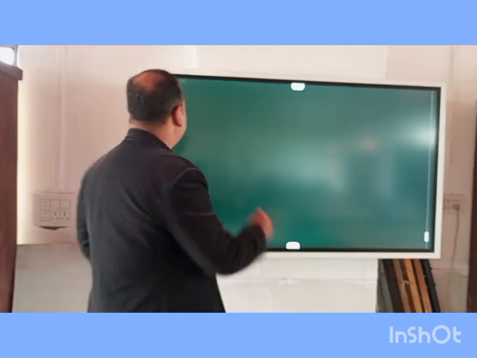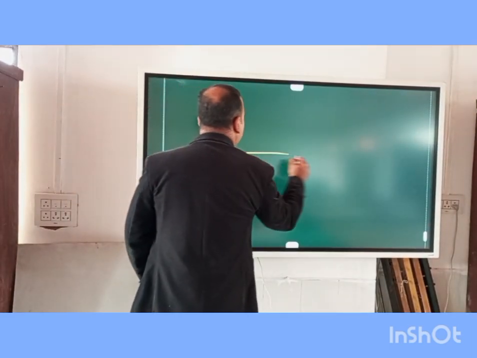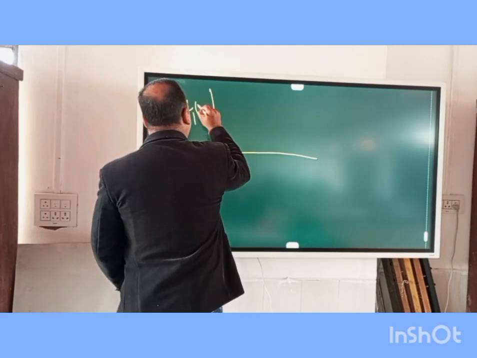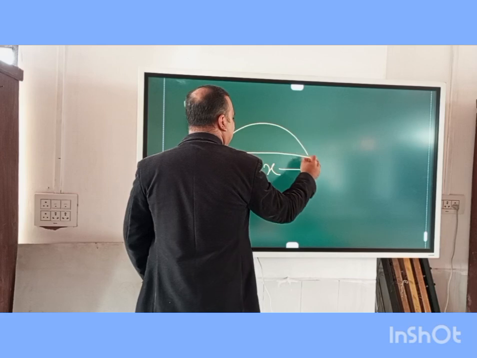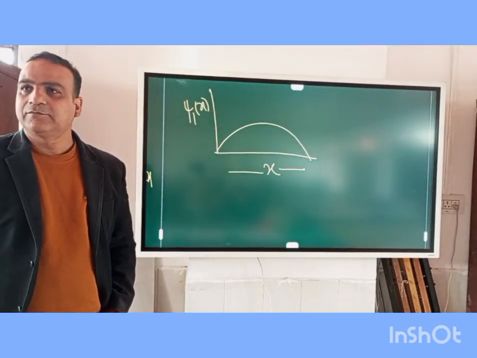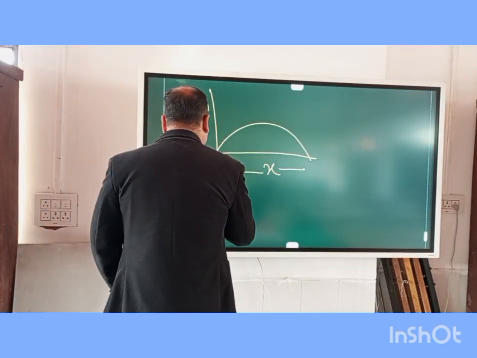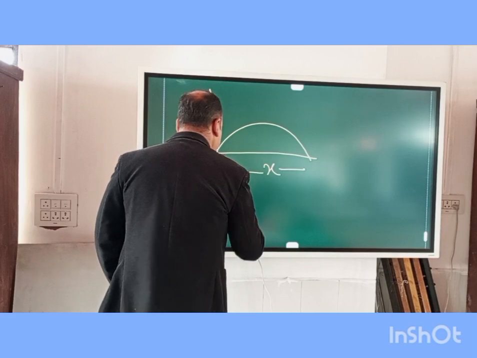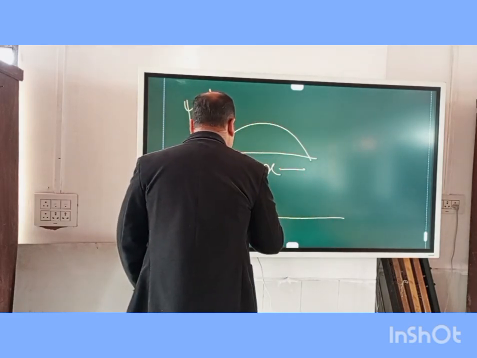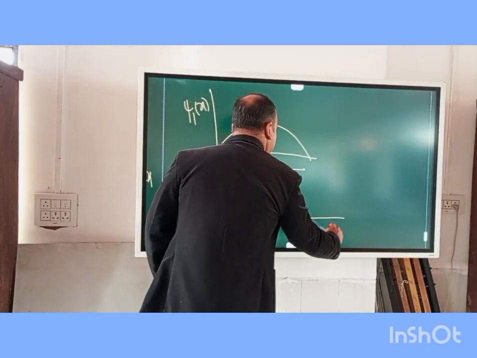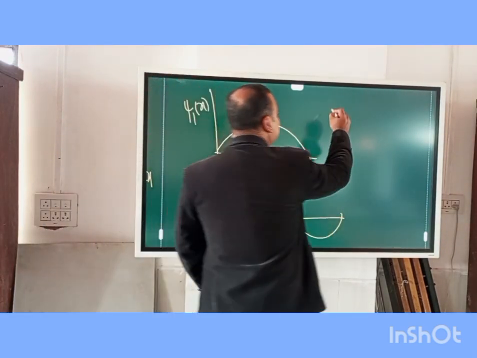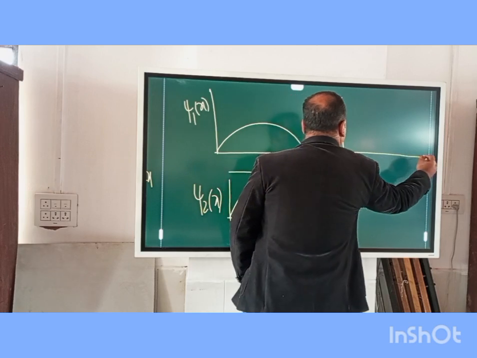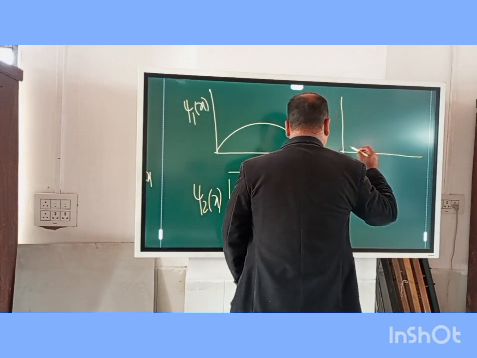Okay, so if I plot these wave functions, say this is my psi 1 of x along x, it's going to give me something like this. And if I plot psi 2 of x, it's going to give me something like this. And if I plot psi 3 of x, it's going to give me